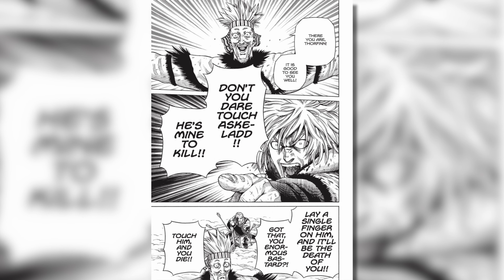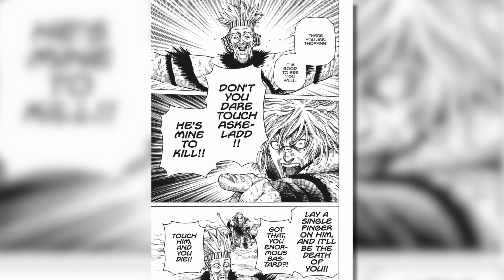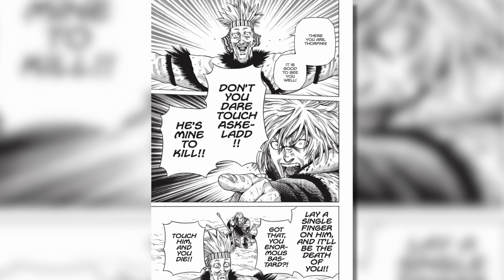Thorfinn screams back, don't you dare touch Aslan, he's mine to kill. Lay a single finger on him and it'll be the death of you. Got that? You enormous bastard! Touch him and you die. And Thorkel's like,